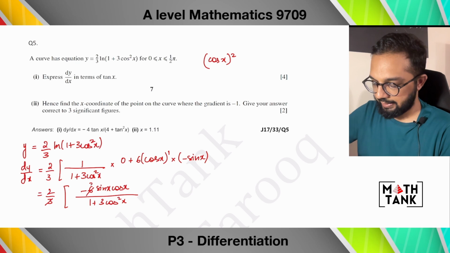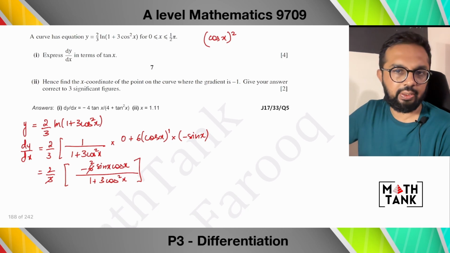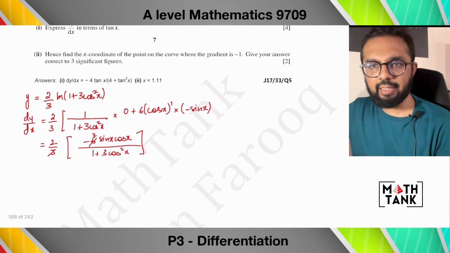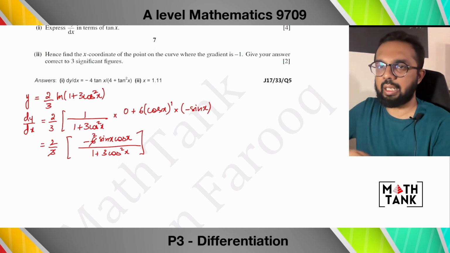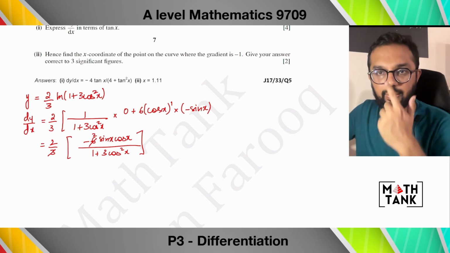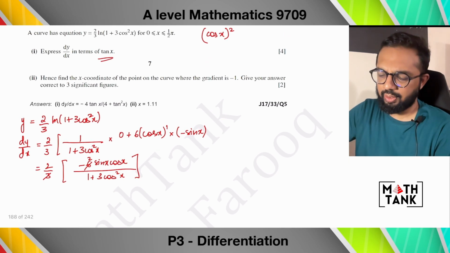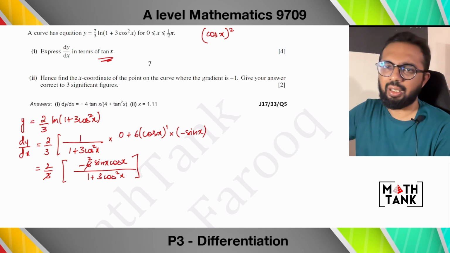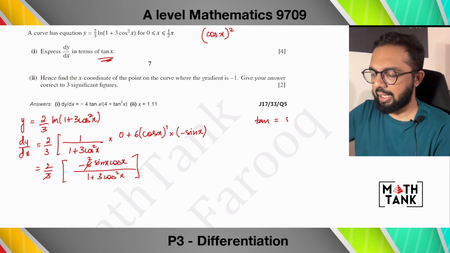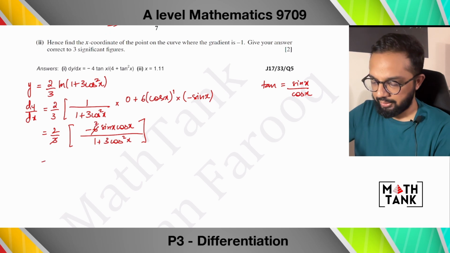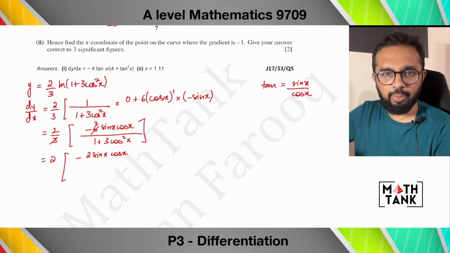I know that this cancels out, and I have a gut feeling that this changes to sine 2x, but it's unnecessary because the question is not asking you to calculate something in terms of sine 2x. It's actually asking you to calculate for tan x, which is awkward, right? Because I don't have anything in tan x, but I know that tan x comes up when I have sine x divided by cos x. So I know that this sin x that I have in the numerator can be converted to tan x, but what about the cos x?